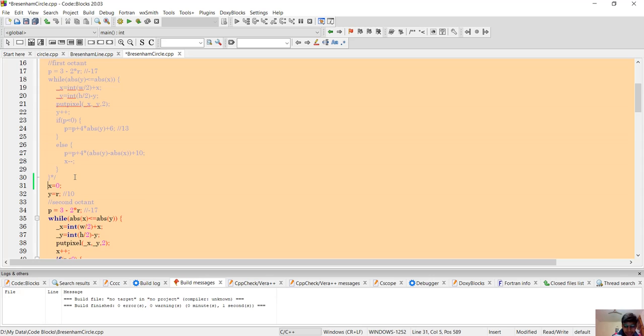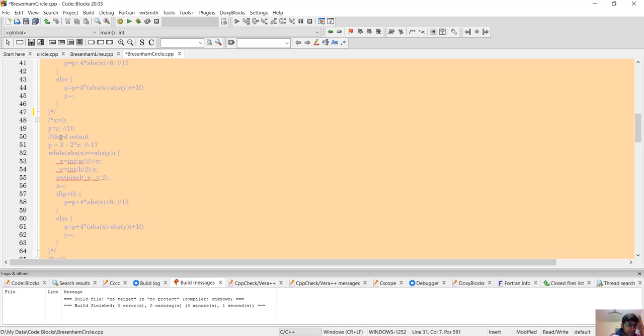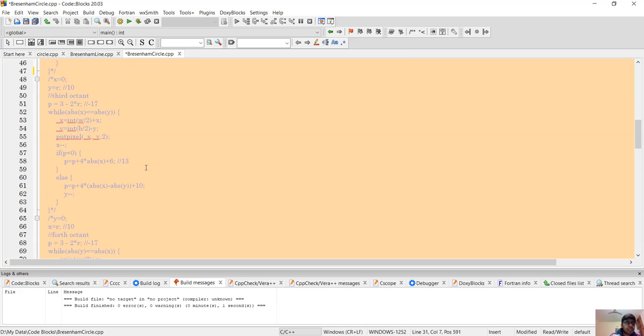Let me comment it back again. Similarly, let me show you the next octant. In the third octant, we move from the negative y-axis upward.